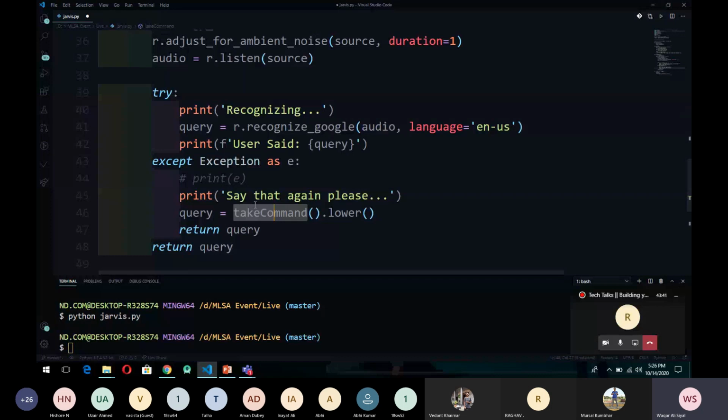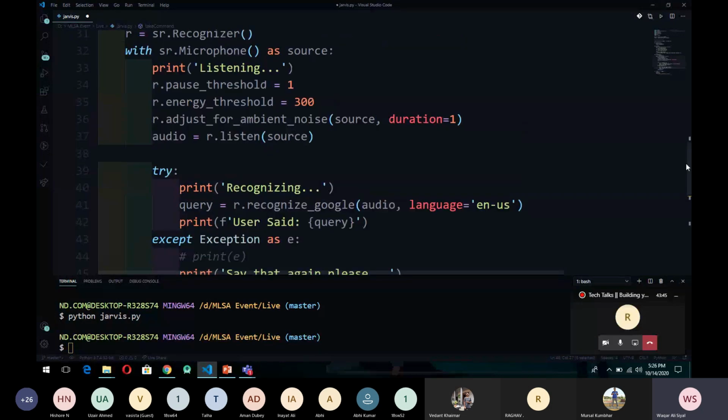Then again this method will be executed, and if an exception occurs again, then again this except block will be executed and we will call this method again. So it works continuously and takes the command from the user, and if it is successful, it will return the query. If the except block is executed, we will call this method again and return this query.